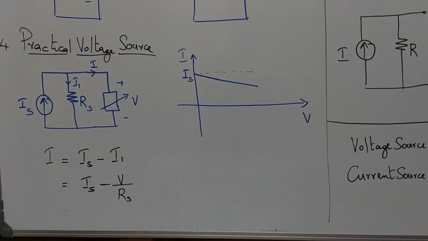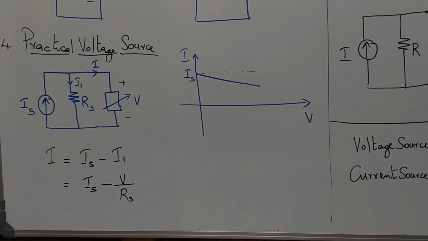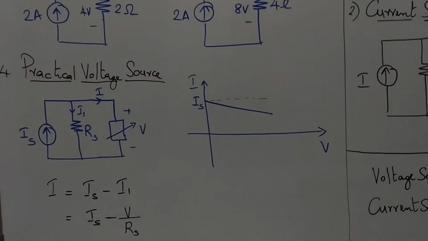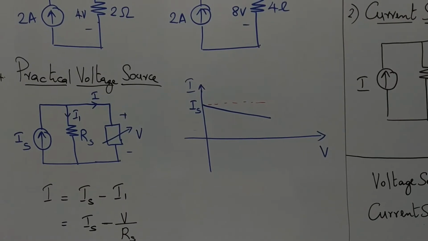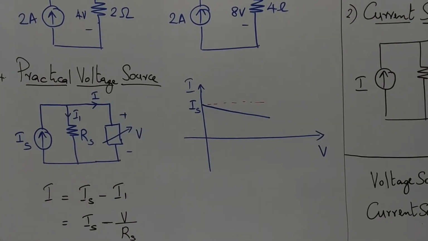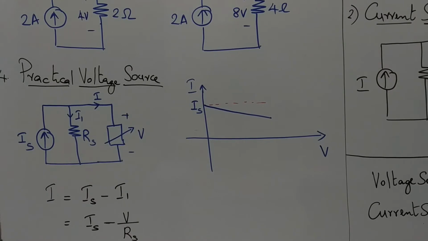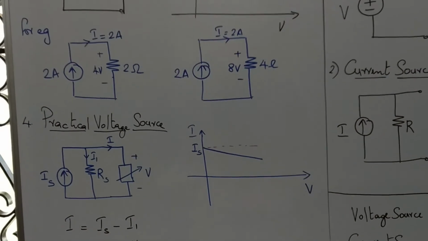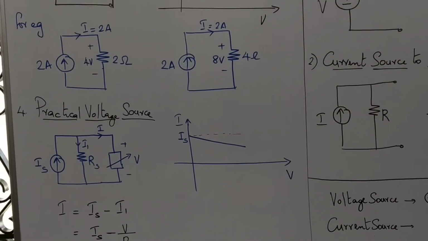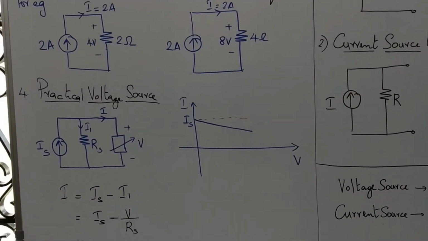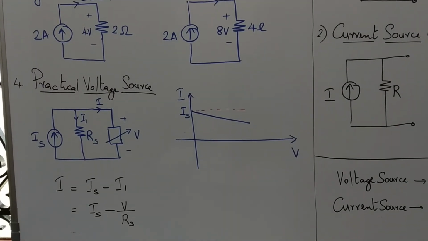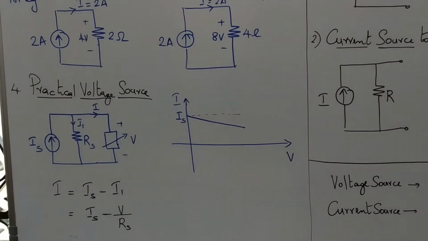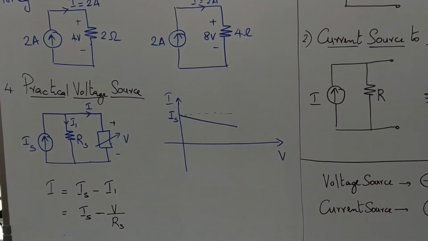Okay, so when voltage increases, what happens? The second term will increase, resulting in a decreased output current, that is shown here in the graph. As voltage increases, the output current will decrease rather than stay as constant in ideal case. So for an ideal case, current will always be constant since the internal impedance is infinite. Whereas in practical case, you will see that as voltage increases, the current will decrease. So that is all about ideal current source and practical.